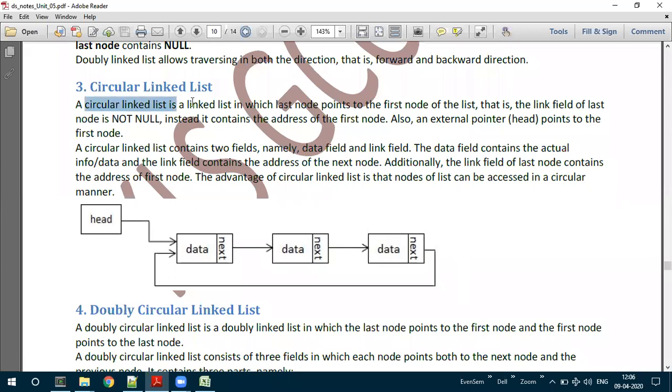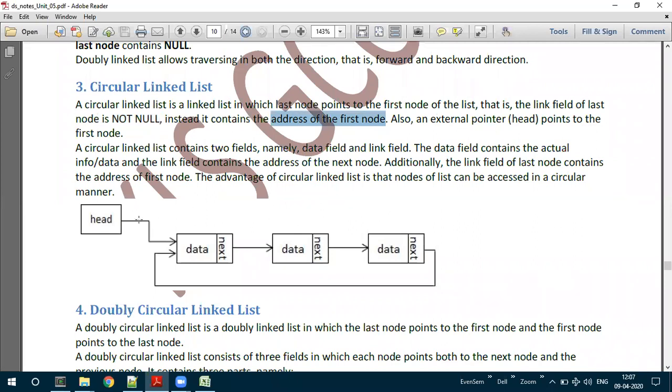A circular linked list is a linked list in which the last node points to the first node of the list. That is, the link field of the last node is not null. Instead, it contains the address of the first node.